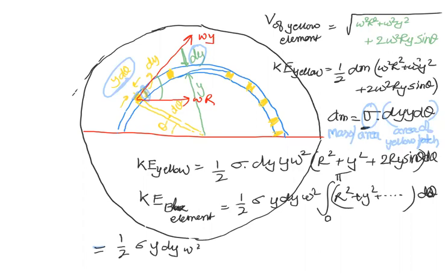Omega square r square pi plus y square pi plus 2 ry plus pi है ना, तो ये हो जाएगा, कितना हो जाएगा ये? साइन का इंटीग्रेशन, साइन का इंटीग्रेशन क्या होता है? माइनस के साइन, पाई डालेंगे प्लस हो जाएगा, माइनस माइनस प्लस 4 हो जाएगा।